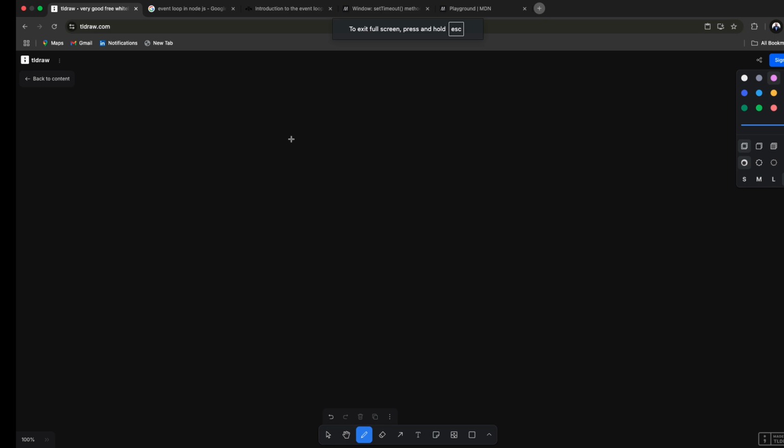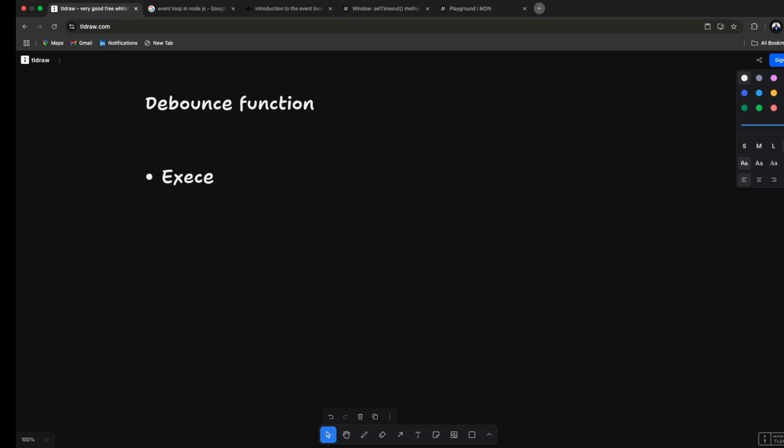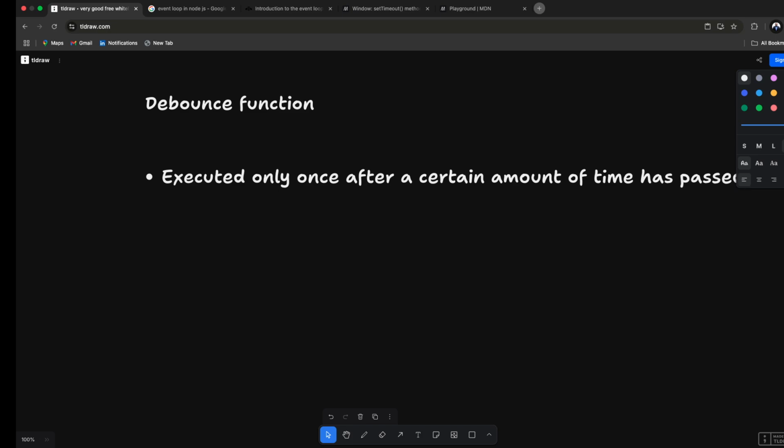So let's see first, what do we mean by debouncing? We need to write a debounce function, right? Because a debounce function is the one that is executed only once after a certain amount of time has passed since the last time it was invoked,